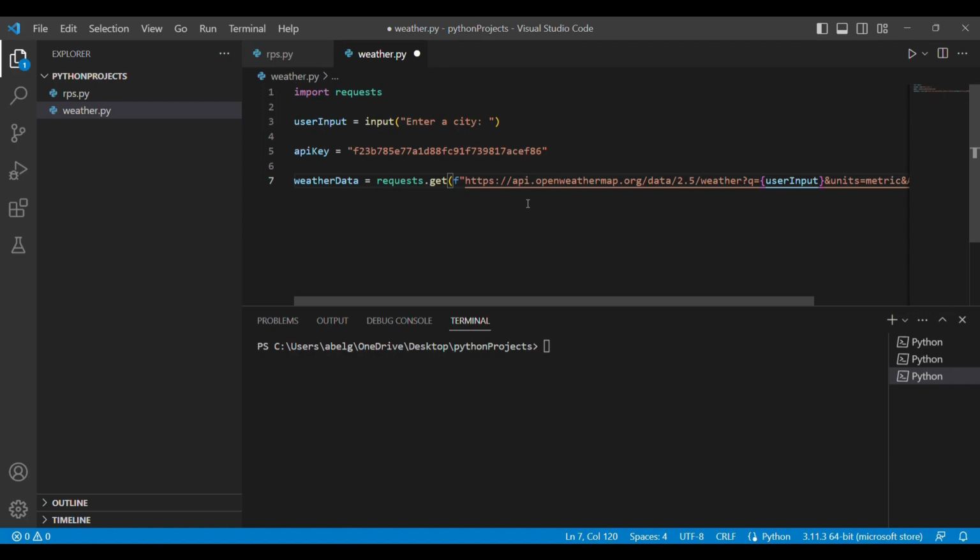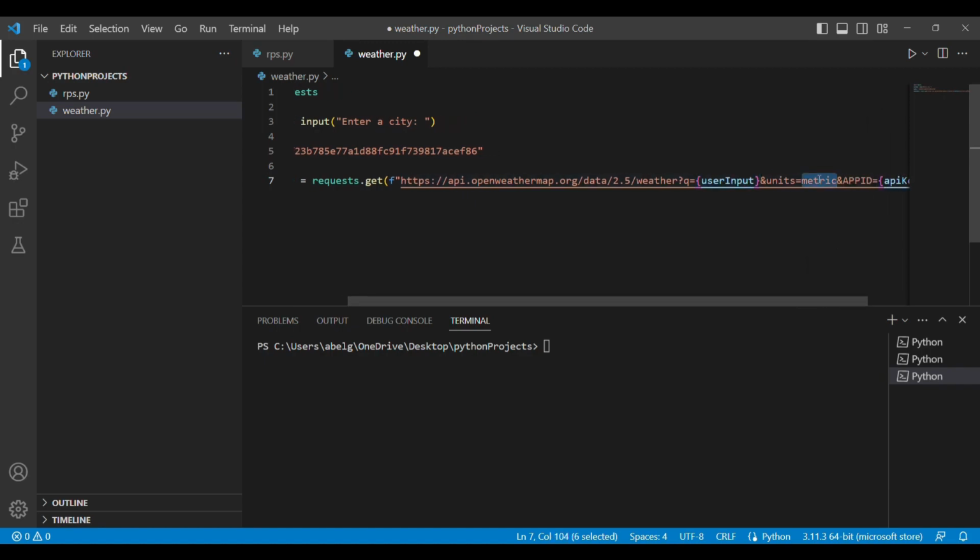The link is a formatted string. In this formatted string, what matters is what we have after the weather word. So here we have q equals. Here we're going to put in the city name. In our case, we are taking that from the user. The next parameter is units.